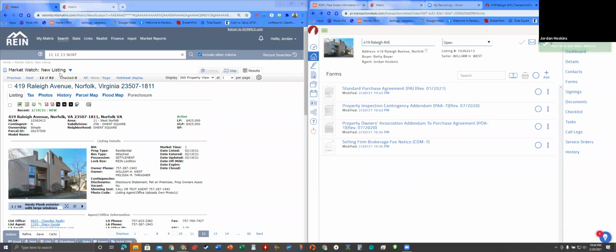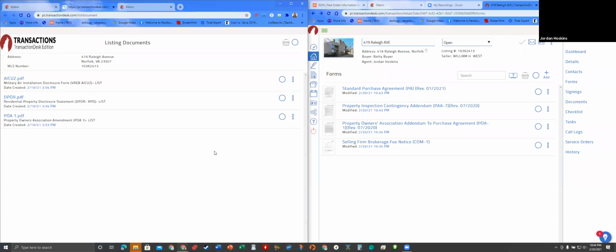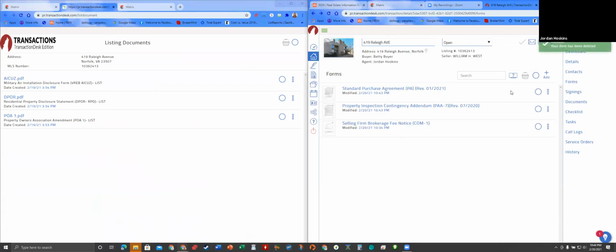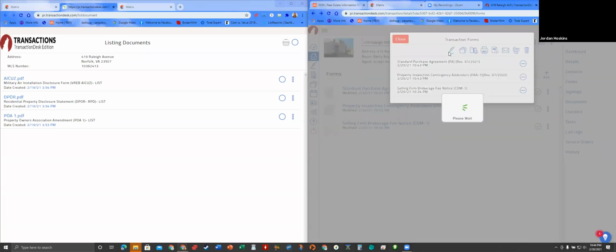What I want to check is if they have the Property Owners Association addendum already in here. They do, so we don't need it in ours as well. So I'm going to take all 3 of these and click on my basket, click on my pen, and this is what's going to start